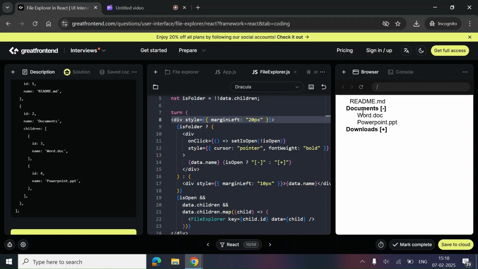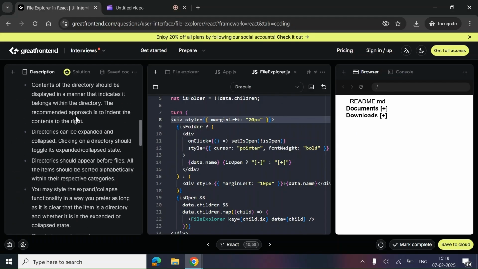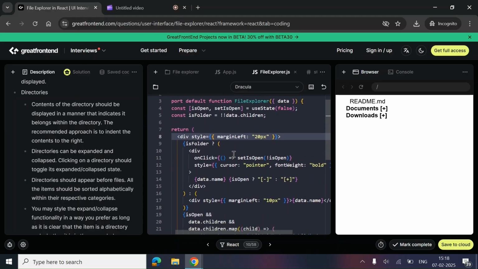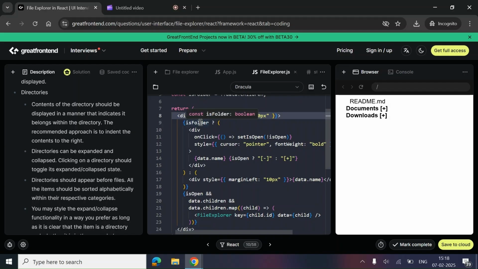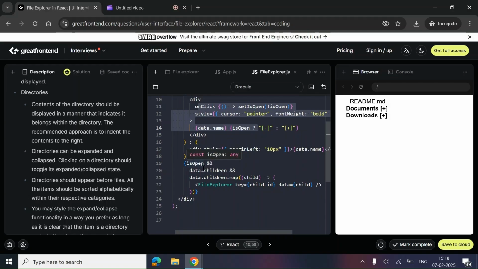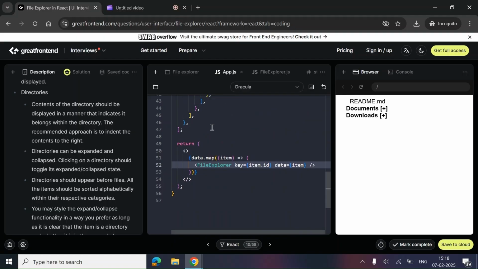So cool, it's working. But if we have a look at the requirement, it specified that directories should appear before files. So for that, I hope this particular code is clear. It's a simple if else condition. If it's a folder, then we are doing this. If it is a file, then we are doing this. And if we are clicking on a directory and if it has children, we are simply recursively calling the component. Now, one last thing that we have to do is